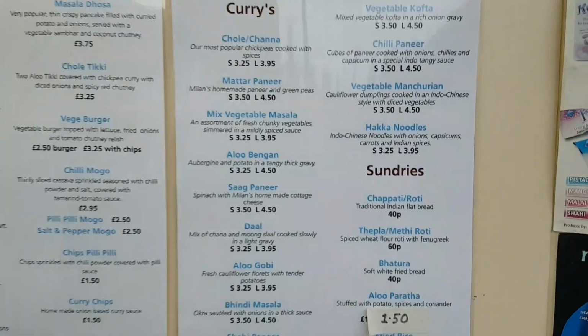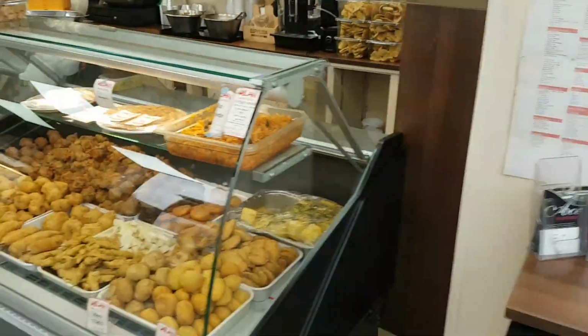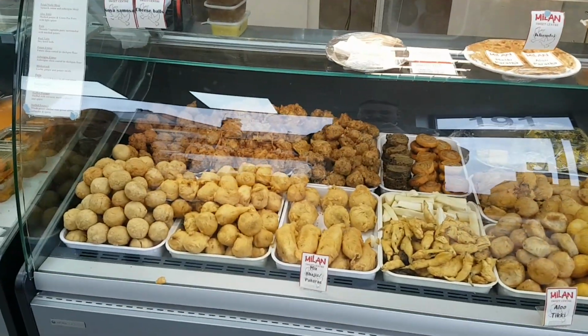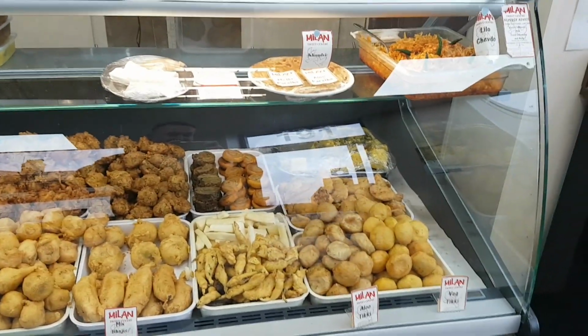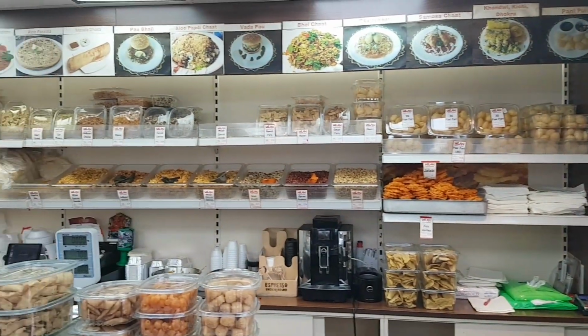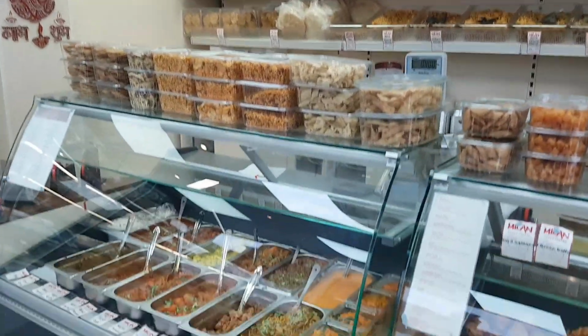Very Gujarati. Some East African influences with the mogo chips here. A good selection of all types of bhajis and pakoras and veg tikka, you name it. Absolutely amazing. And wow, a very, very substantial